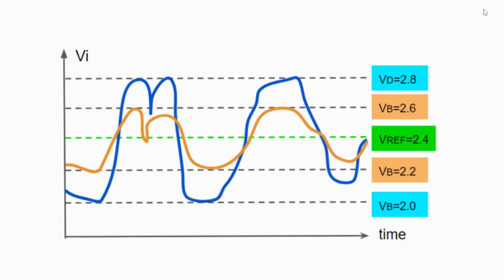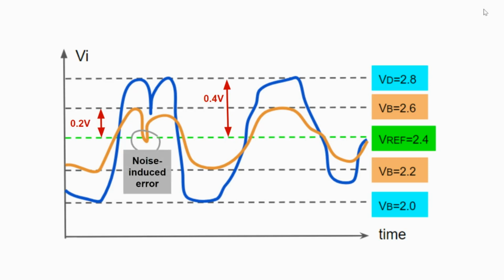Let's consider two possible waveforms of Vi. The orange Vi line varies from 2.20 up to 2.60. With a green Vref of 2.40, there is a distance of only 0.20 volts from either the positive or negative peaks of Vi. Compare this to the blue Vi line, which shows a distance of 0.40 volts from Vref. Now, it becomes obvious that the blue line is less likely to be misinterpreted by the comparator whenever there is